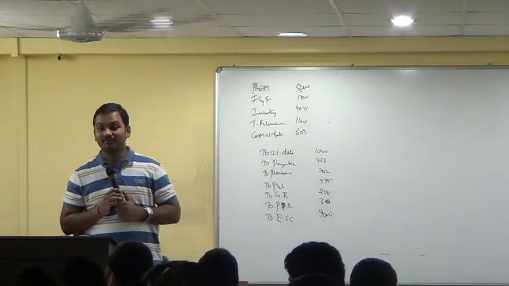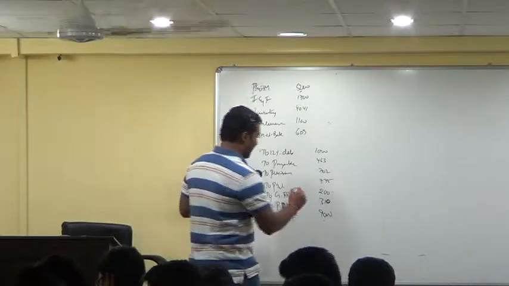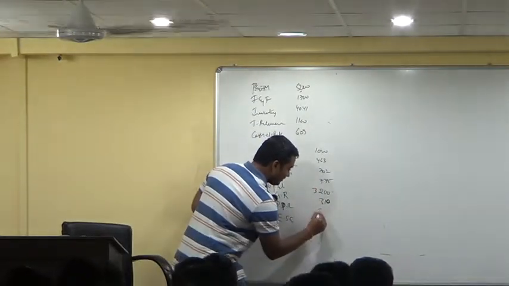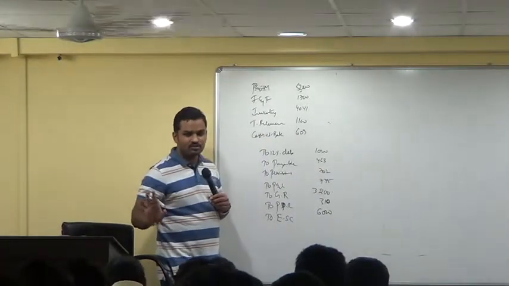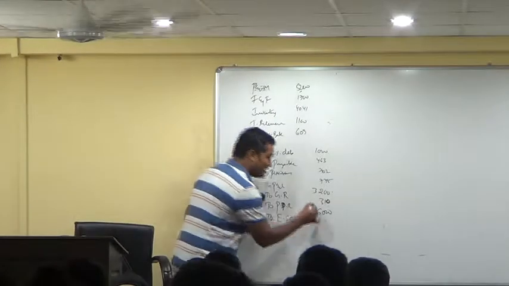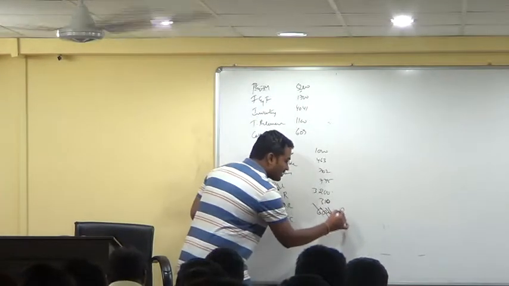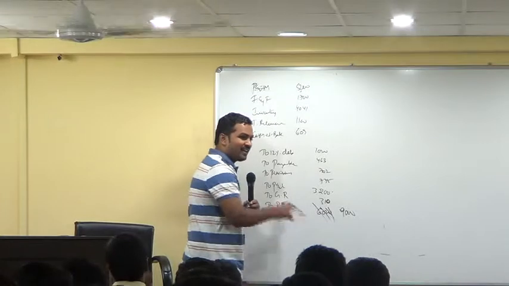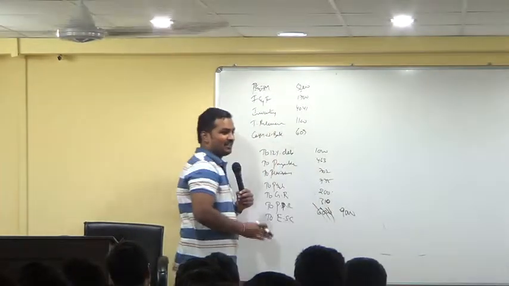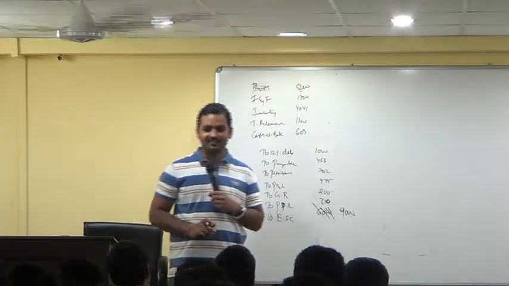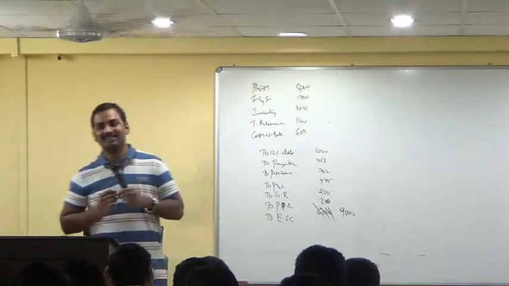Did you follow? In place of, see, actually this should be the entry. Do you all agree? This is assets and liabilities as per books. But what I did, I have cancelled the 6,000. In its place I have written 9,000. But if I write like this, does the entry tally? So I remove 3,000 from general reserve. Is it clear?